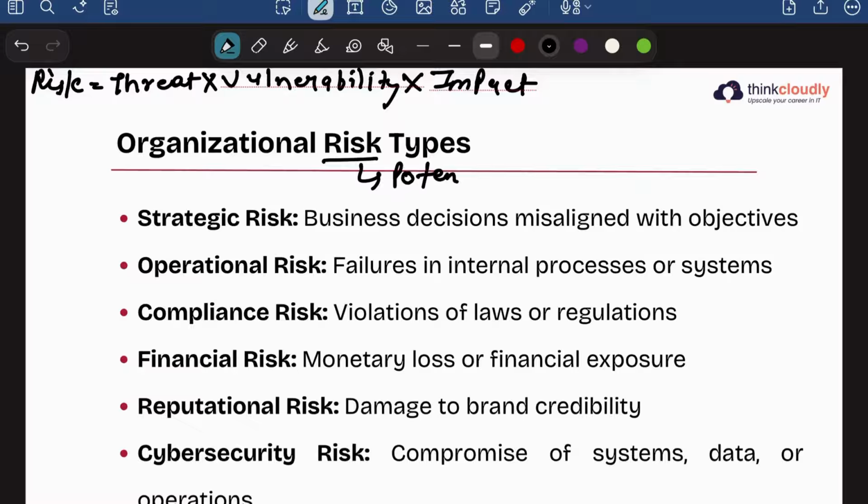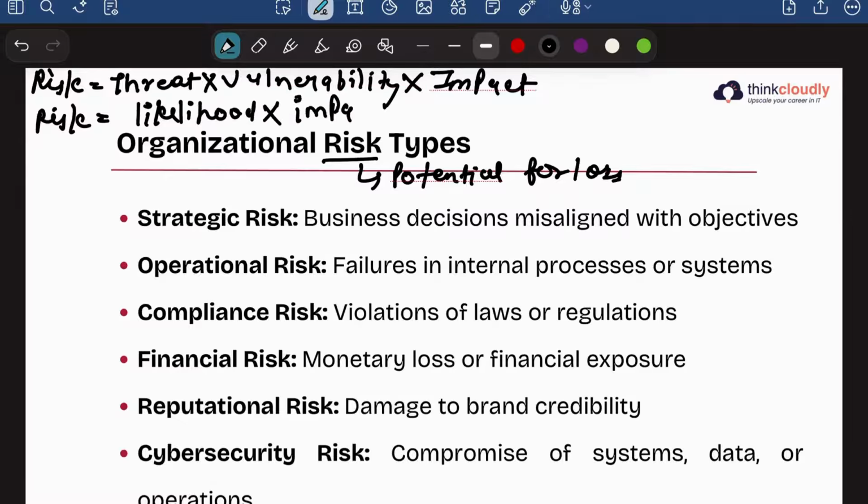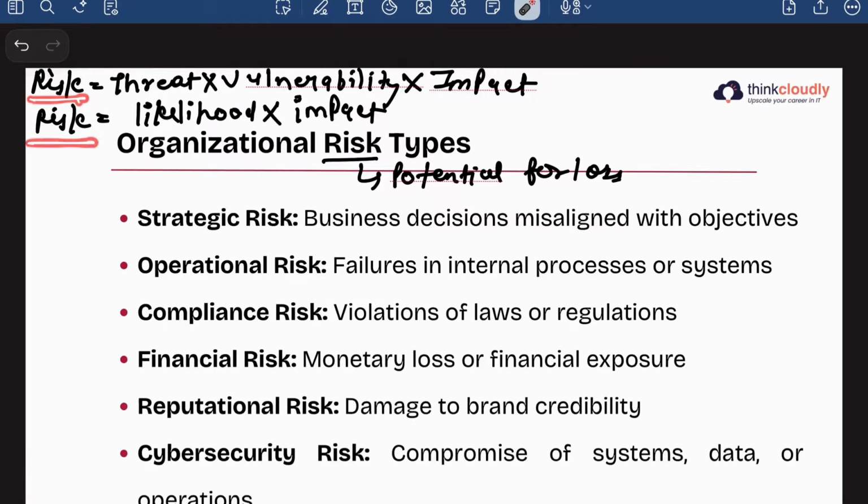There's one more formula for risk. I want to just simply put it out. Risk is likelihood times impact. However, this is also a formula when it involves threat and vulnerability. Now, if you remove impact from here and remove risk from here and here, don't you think likelihood is threat times vulnerability?